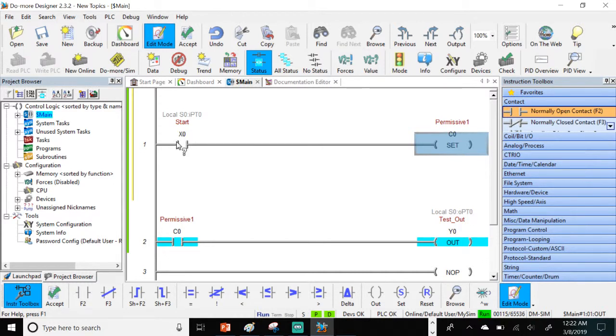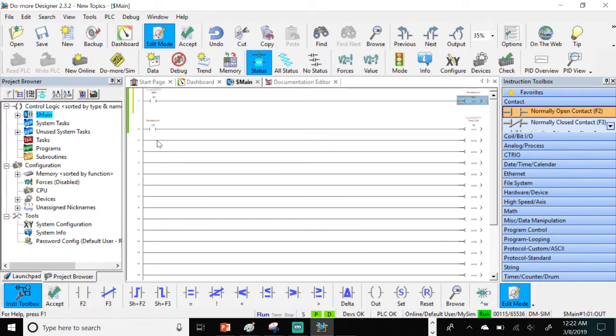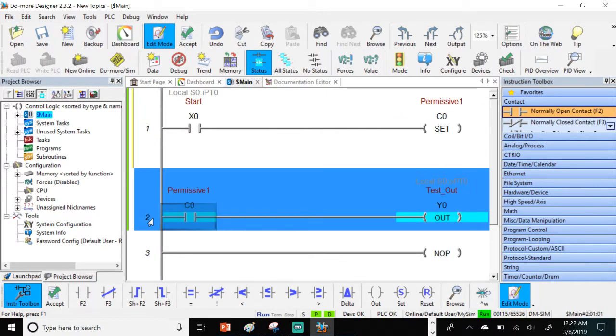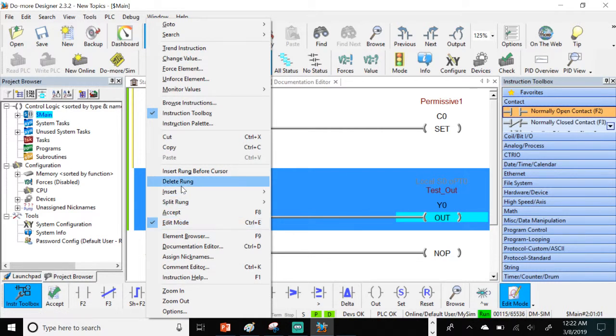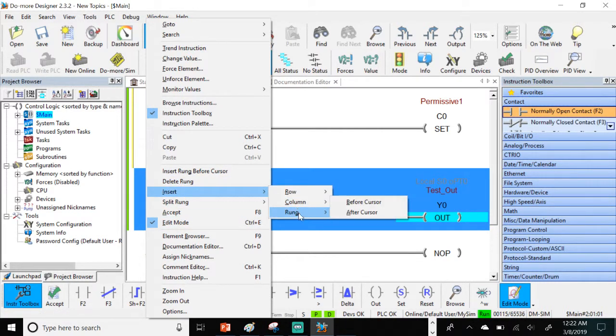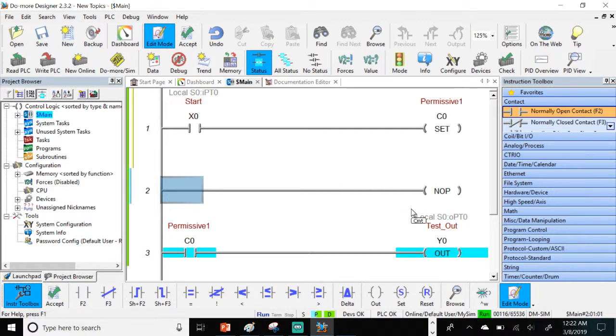So if I turn this on and it turns off, when I turn it on, this is going to store a bit of 1 here, no matter if this turns off. Okay. So I want to add, and this is going to help you as well, another rung. So you go here, insert an entire rung, and you want it before cursor. So before cursor is this. This is my cursor. I want it before it. Bam. So now, when I hit the stop button,